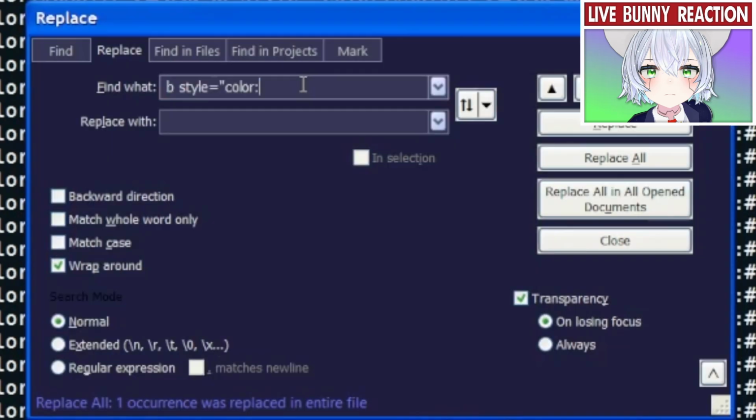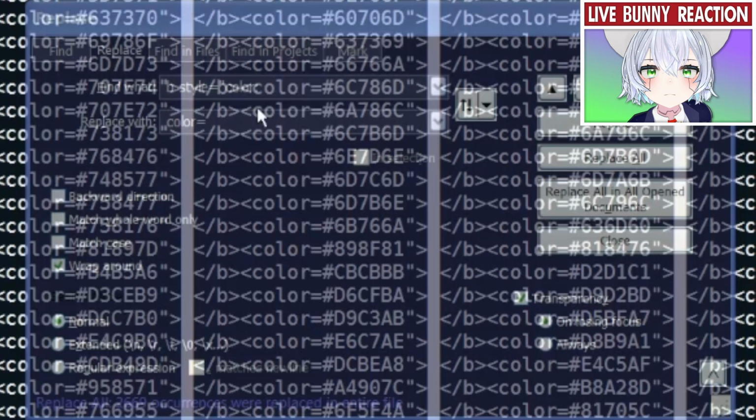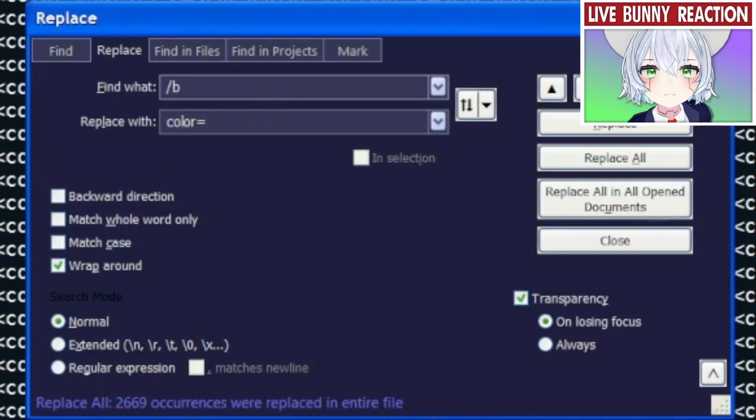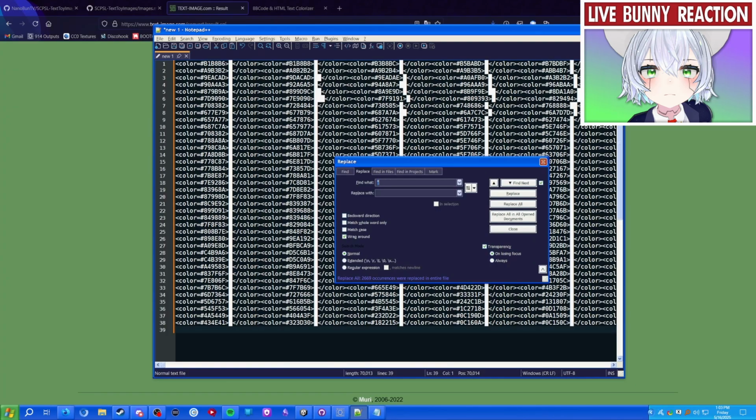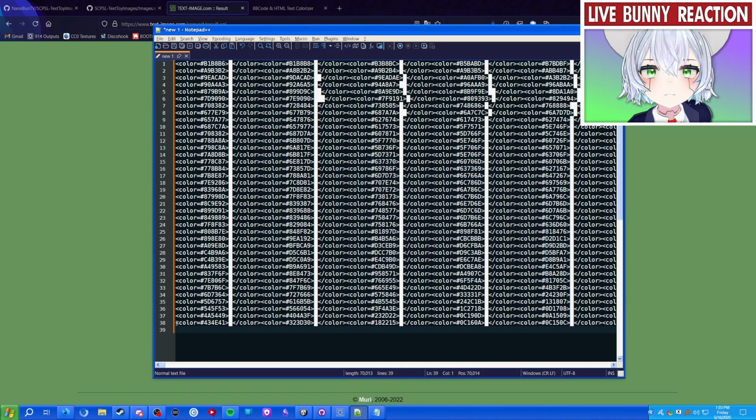Step 3, B-style color, replace with color equals, replace all. Step 4, replace /b with /color, replace all. Step 5, replace all quotes with blank, replace all. And then that step 6 from earlier, where we need to select the very beginning of the bottommost line,